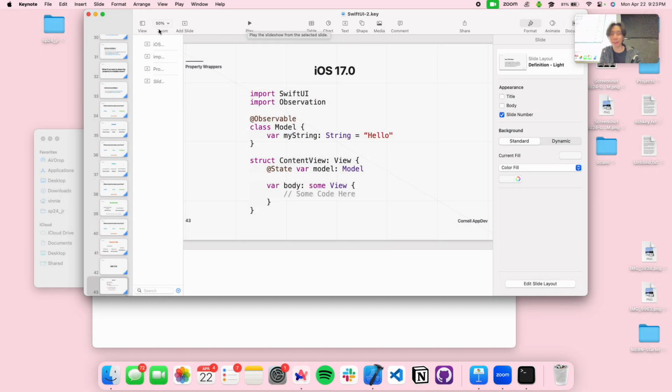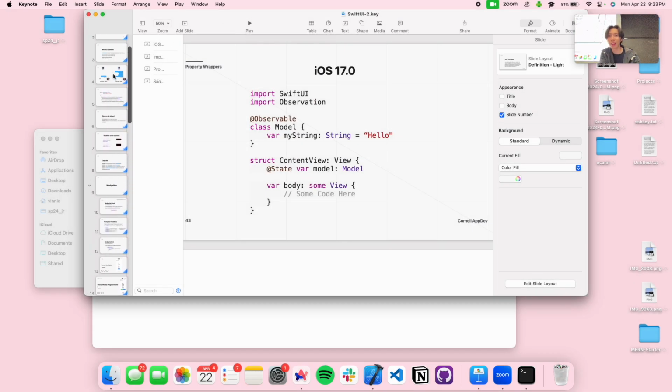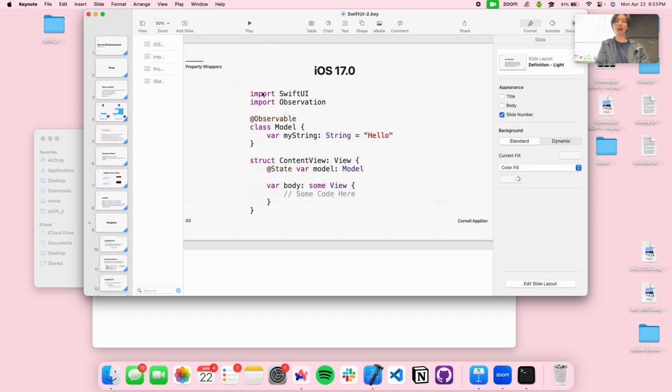But yeah, that's it for SwiftUI. Before we wrap things up, does anyone have any questions about SwiftUI? No? All right,